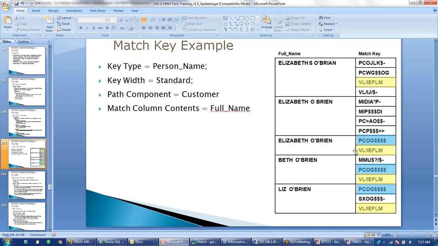We cannot say that because I have selected key width as standard, it will generate 4 keys for every record. That we cannot say because that's internal logic. For one record, you might see it generating only 1, and for another record it might generate 4 or 5, because that is based on the data, on what type of data is coming.